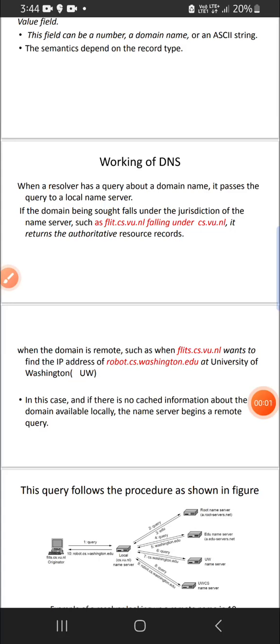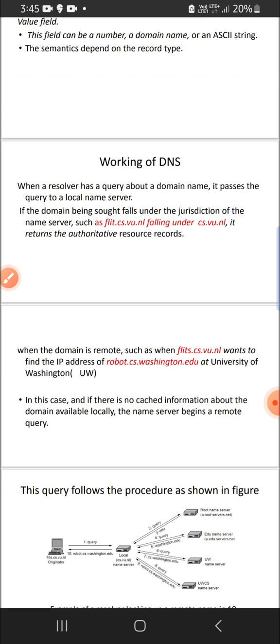We are going to study the working of DNS. When a resolver has a query about a domain name, it passes the query to a local name server. So this resolver here means a domain name resolver. When it gets a domain name and has a query about it, it passes the query to the local name server. If the domain being sought falls under the jurisdiction of the name server,